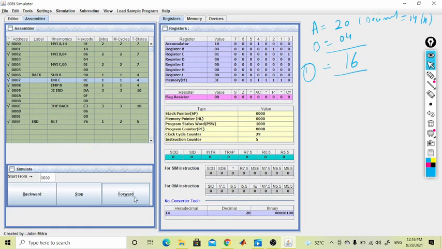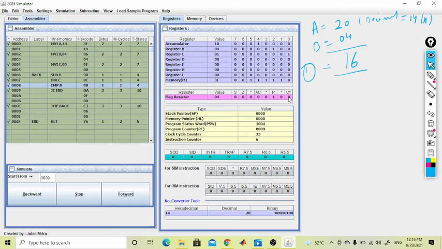Now again we compare B with the accumulator register. How can we see that? By seeing these flag registers: the sign flag, zero flag, auxiliary carry, parity, and carry flag.